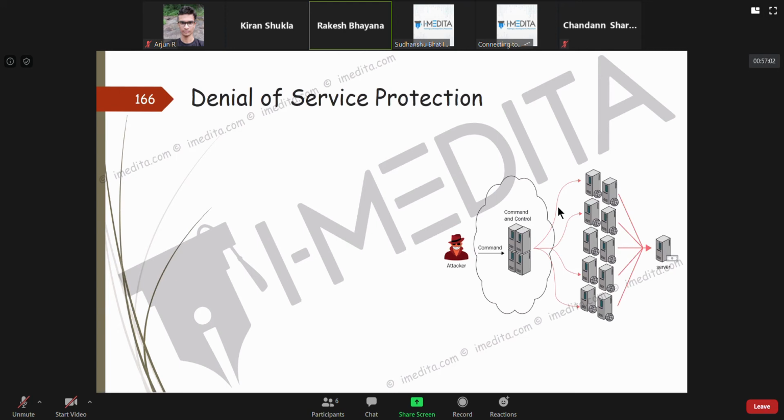Mhm. With a DoS attack we can jam the traffic totally, like it will be in stuck mode.